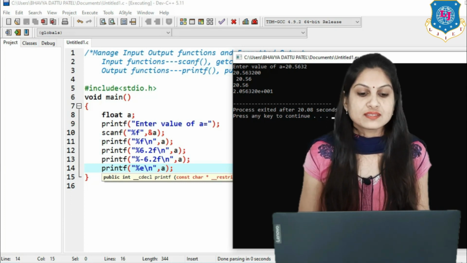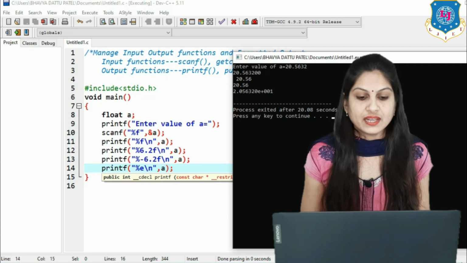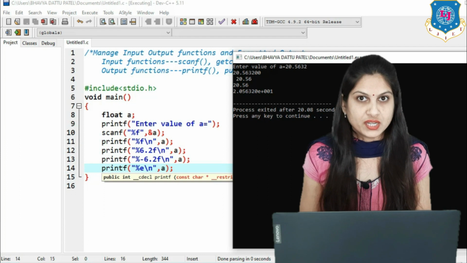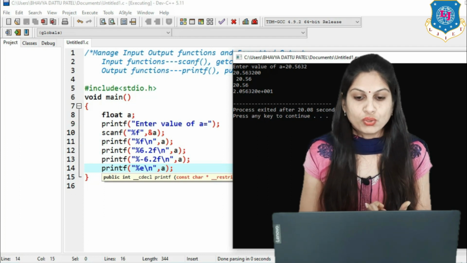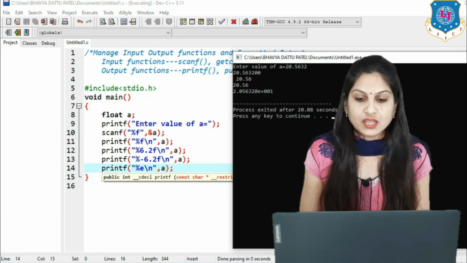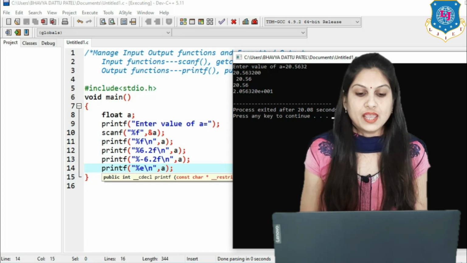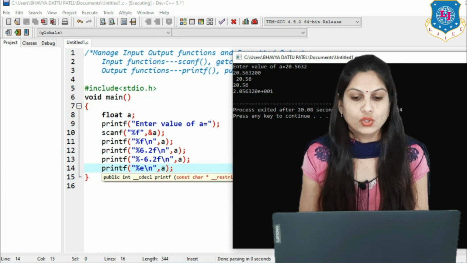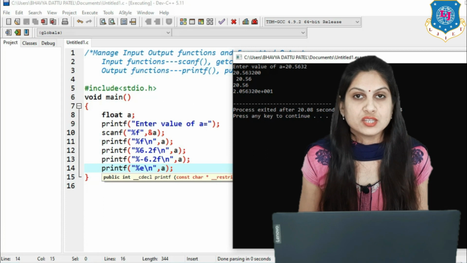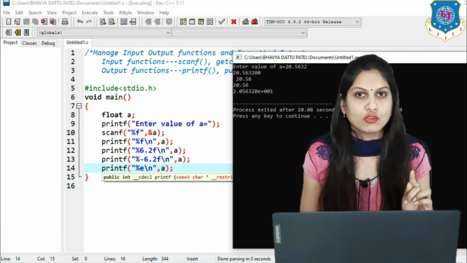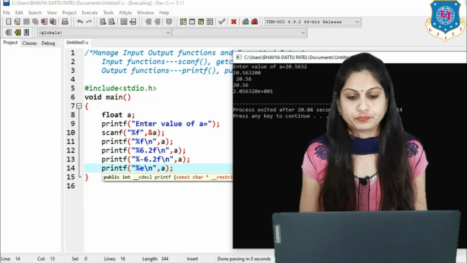Then in the second printf we write %6.2f, that means 6 blocks will be allocated for that number. It starts from the right hand side, and after the point it puts only 2 digits. So our output is 20.56, and before it only a single space.